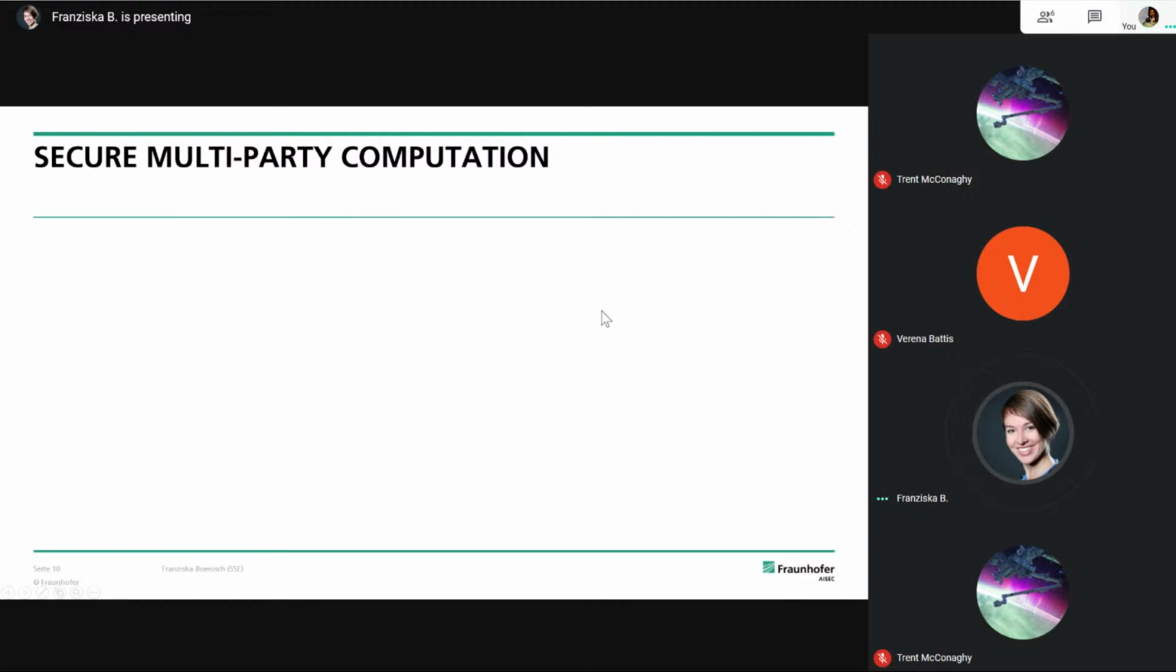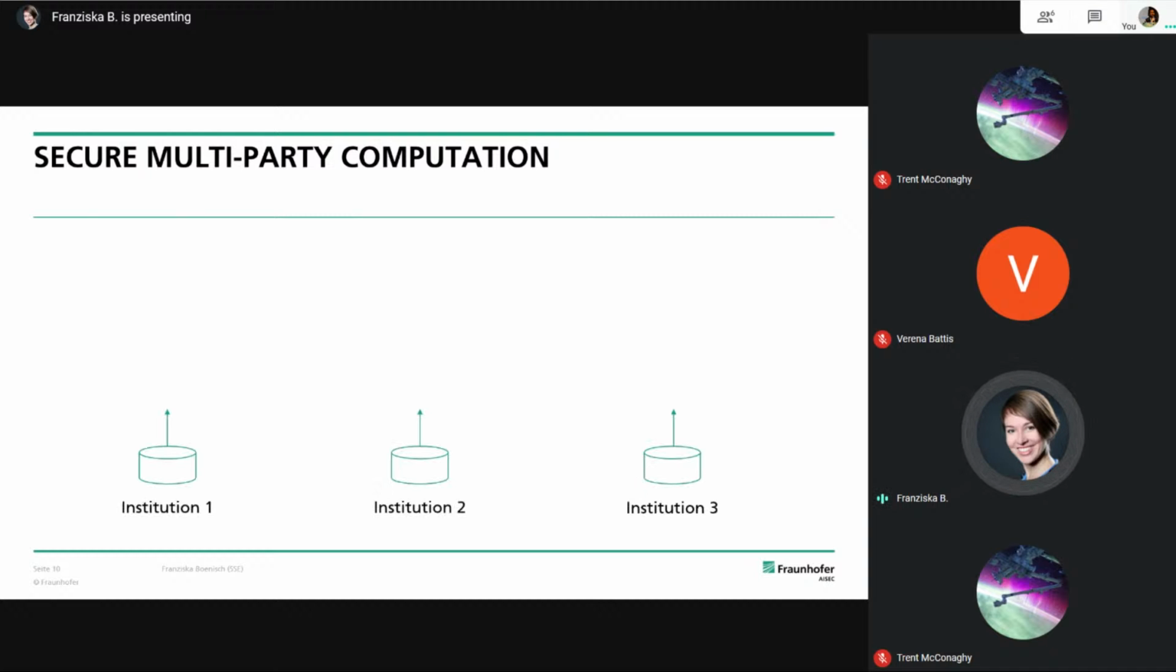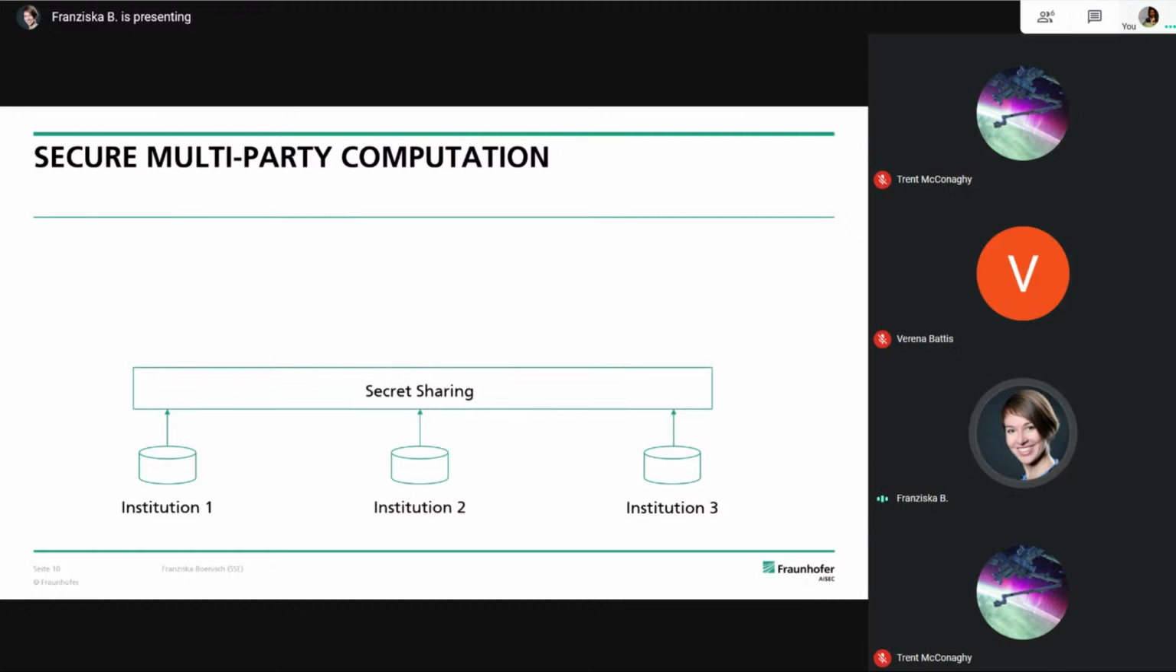The third method is secure multi-party computation. Secure multi-party computation is actually a subfield of cryptography that has the goal to create methods for parties to jointly compute a function over their inputs while keeping those inputs private. For example, here, these institutions could be hospitals that have patient data which they are not allowed to share with each other because of the GDPR or other legal restrictions. What they then do is share secret parts of the data with each other that only all together can be